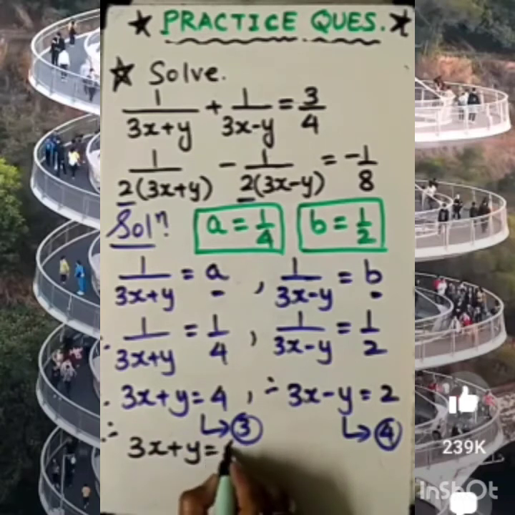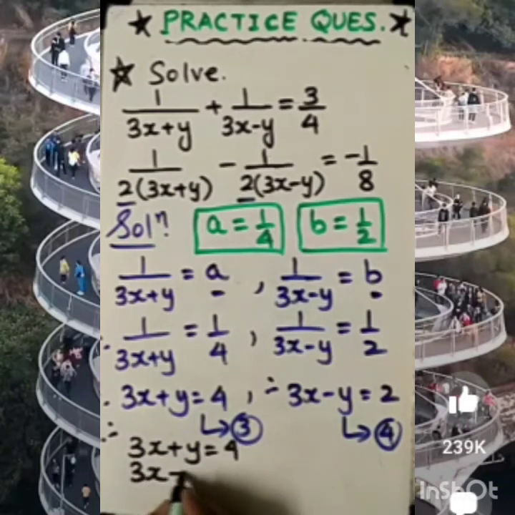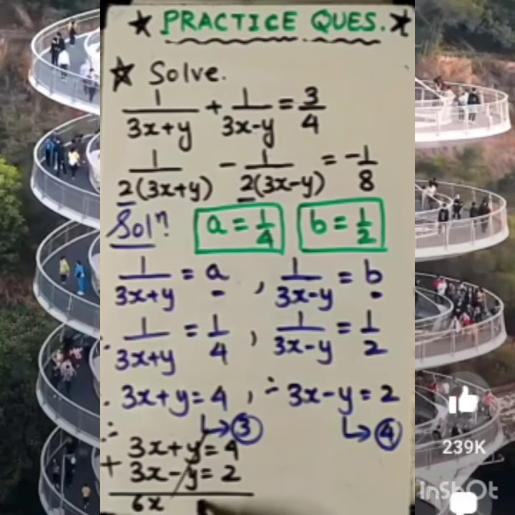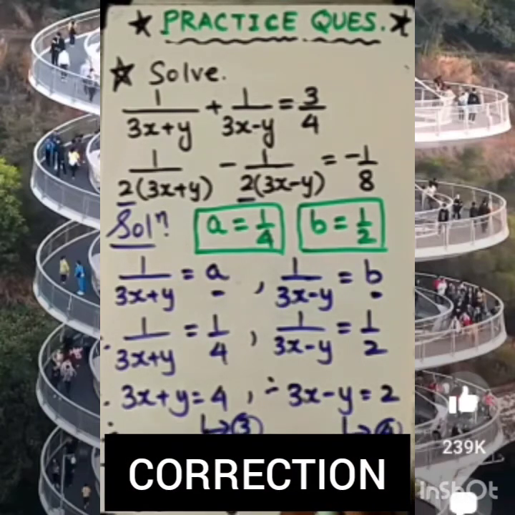Equation number 3 is this, equation number 4 is this. Now you can see if I eliminate, then I have to add, plus y minus y will be cancelled. 3x plus 3x, that is 6x equal to 8. 4 plus 2 is 8. Therefore 6x equal to 8. Therefore x equal to 8 divided by 6. Agree? Therefore the value of x we got is 4 by 3. The simplification of 8 by 6 is coming 4 by 3.